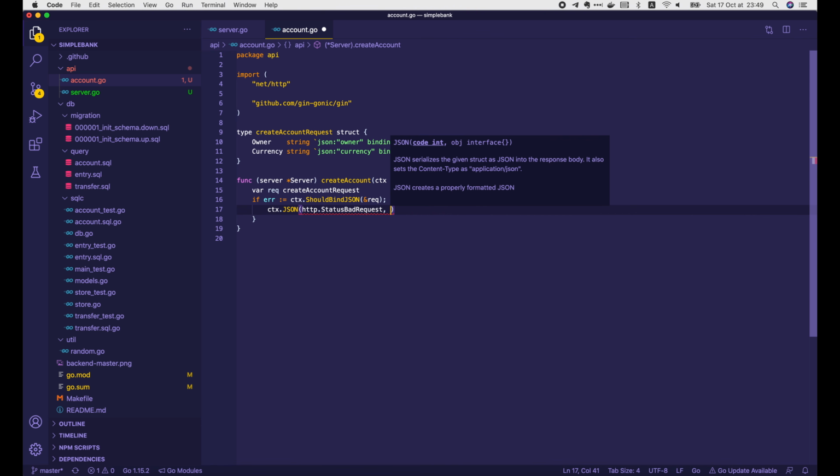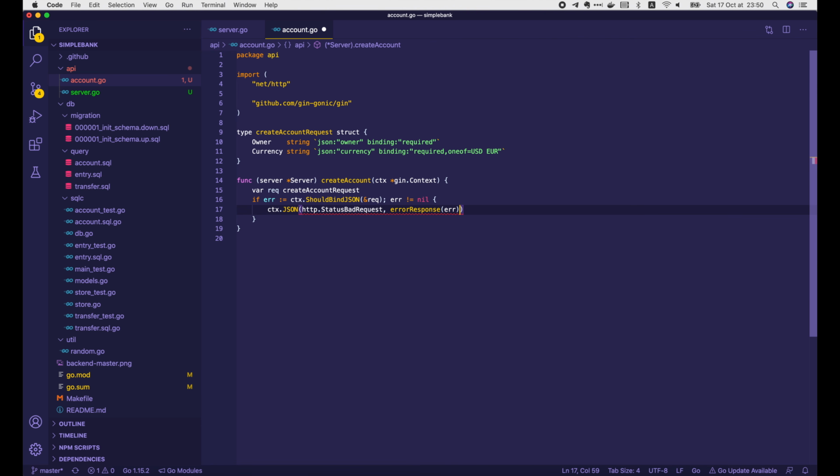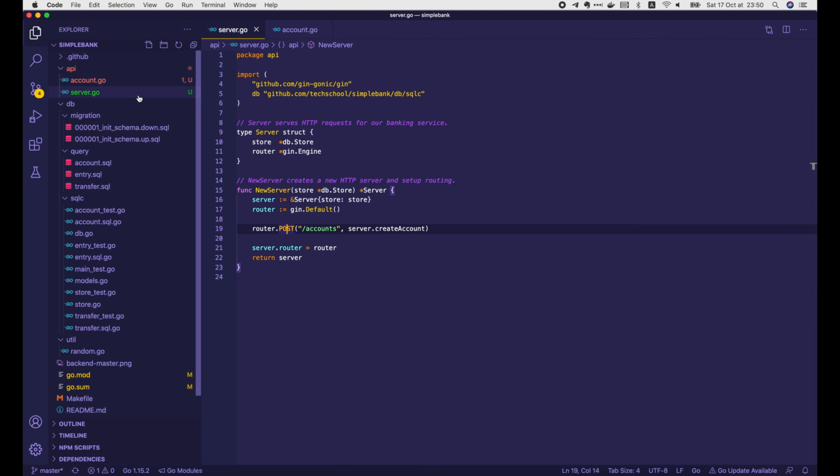Here we just want to send the error, so we will need a function to convert this error into a key-value object, so that Gin can serialize it to JSON before returning to the client. We're going to use this errorResponse function a lot in our code later, and it can be used for other handlers as well, not just for account handlers. So I will implement it in the server.go file.